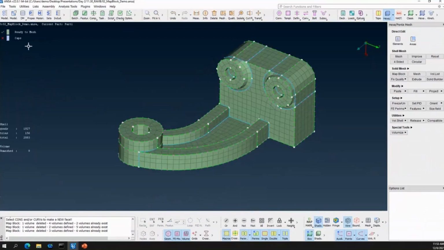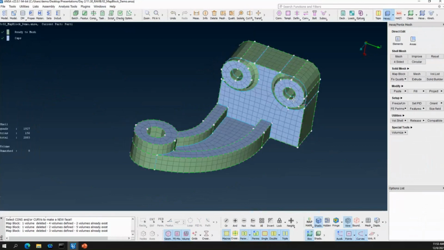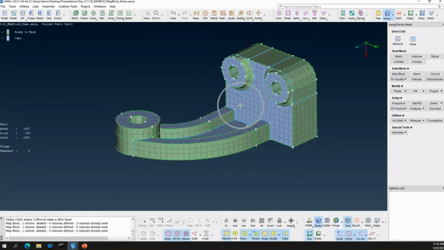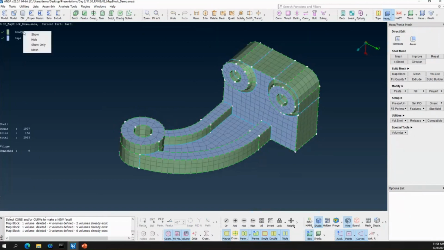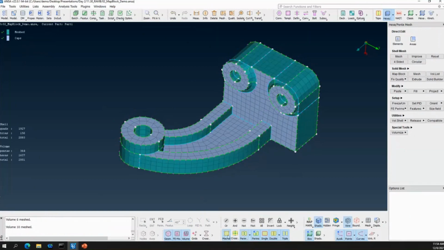So once this is ready to mesh and I don't have any other categories which need to be addressed, I can just turn on my caps to see the areas which will be mapped. So just right click on the ready to mesh and say mesh, which will generate the hexes.